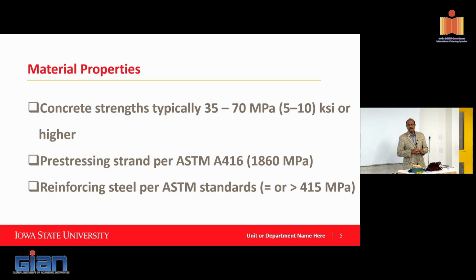So the material properties, I want you to understand. Precasters tend to use higher strength materials because of its advantages. As you learn more and more about pre-stressed concrete, you will appreciate that the higher the material strength, the better it would be. You can make the elements lighter. In cast-in-place concrete, I think we still use in the US 30 megapascal concrete. But precasters typically will produce somewhere in the order of 50, 60 megapascal using just regular concrete. Because they have mastered the mix,